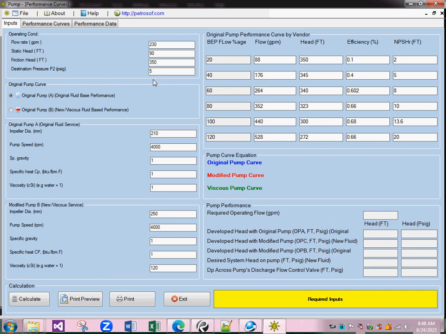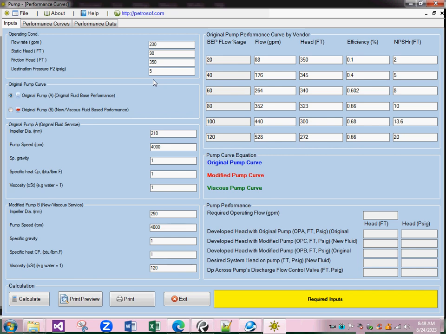However, when you install this pump at the site, it is not likely to always operate with the same reference fluid, which is water. It can be used on a variety of different fluids which have different physical properties,